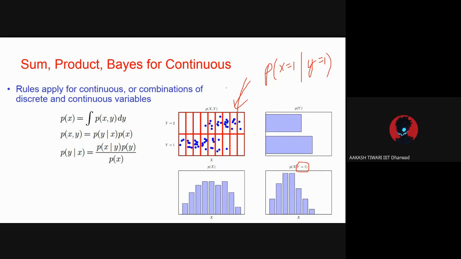Yes, there is a figure given, right? You can see blue dots, and you are just considering the samples where blue dots are given. So what is the probability? 3 by the total number of things. Why 3? Because there are 3 dots in the x equals 1 zone. Oh wait, hold on, this is 0. My bad, this is 2 and this is 9, right? So on the x-axis you are having 1 to 9 values. So I am saying, given y equals 1, what is the chance that you see x equals 1?